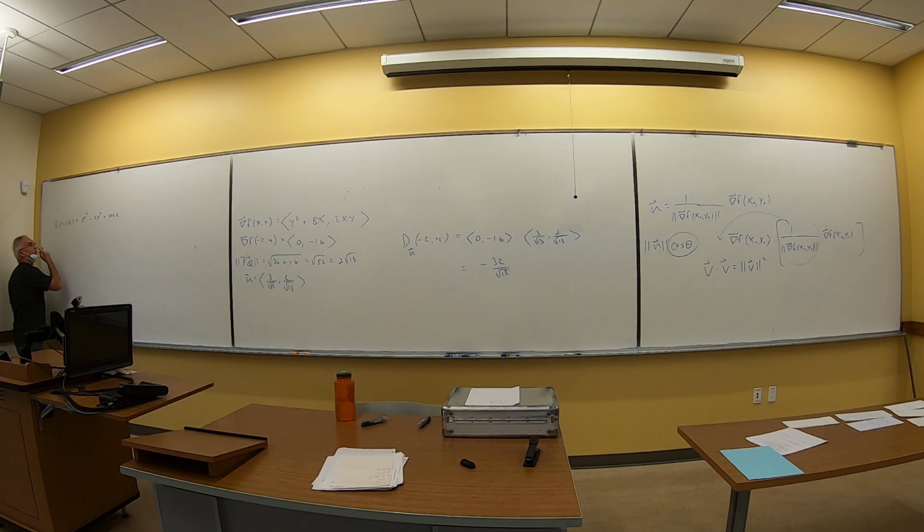Now what we want to do is, let's find, how about (0, -2, pi), in the direction of a equals, let's say,